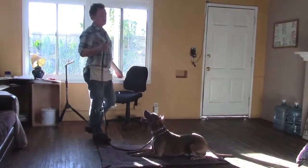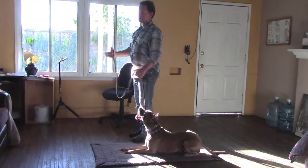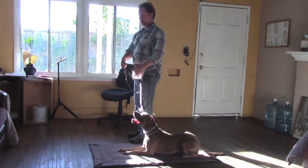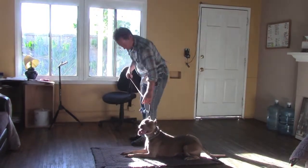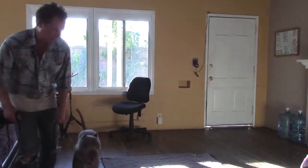Good. When you're going to take him off the mat, you're finished with the exercise, you pick up the leash, stand back next to him like this, just like you're going to walk him. Hold the leash like you're going to walk him, just like that. Hang that over your thumb, take up the slack with that hand. This hand, the leash, the part that goes to him comes out the back of your hand. Say, okay. And then you can either have him nesty